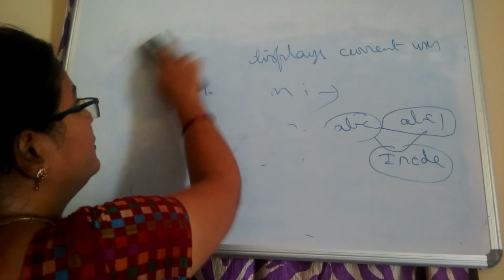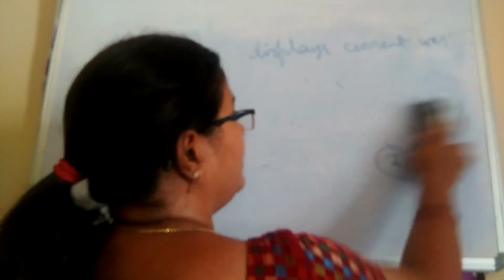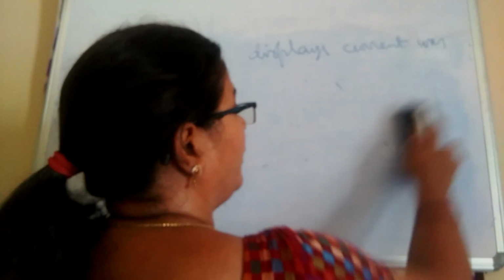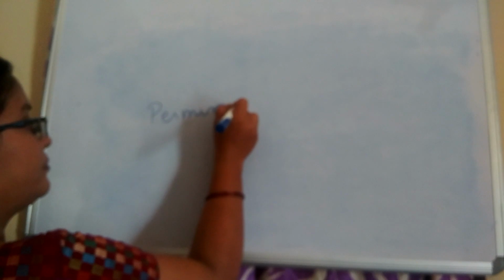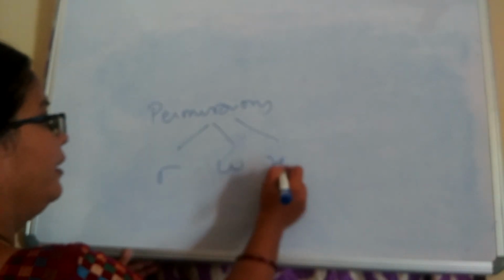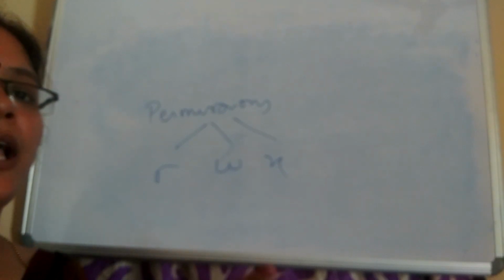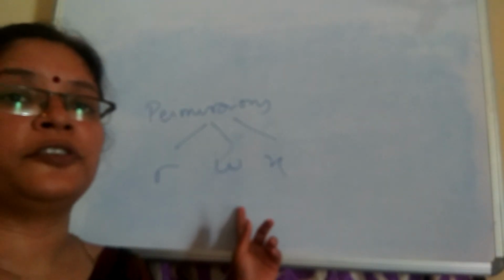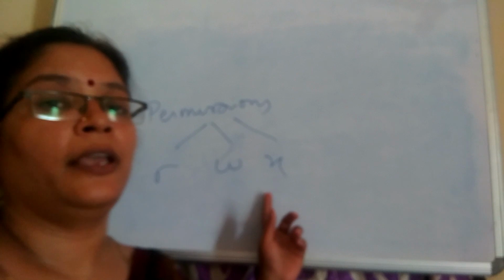As we discussed in the previous session, each and every file has permissions and attributes. What are the permissions and attributes? Now we are going to see. Normally, for each and every file there are three different types of permissions. Permissions can be represented as read, write and execute. Read is denoted as r, write is denoted as w, and x denotes execute.